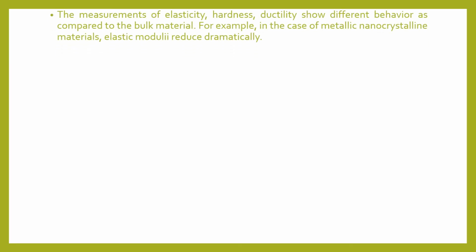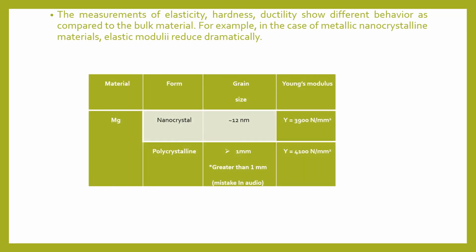Next, the measurement of elasticity, hardness, ductility show different behavior as compared to bulk material. For example, in the case of metallic nanocrystalline material, elastic modulus reduces dramatically. We know the elastic modulus changes dramatically. For that purpose, we can see this table where the material Mg is given in nanocrystalline form. The grain size is 12 nanometer, and at that time it has Young's modulus of